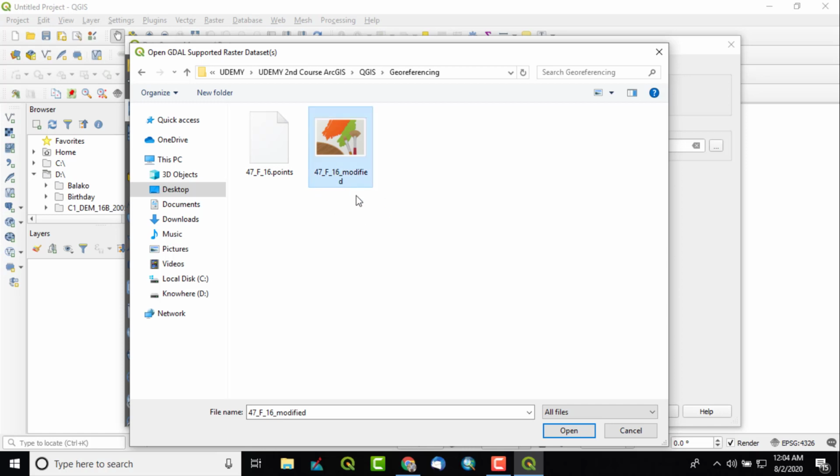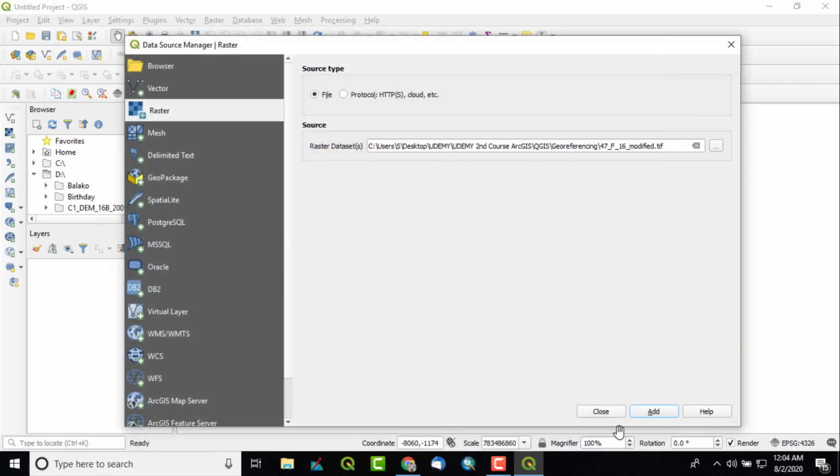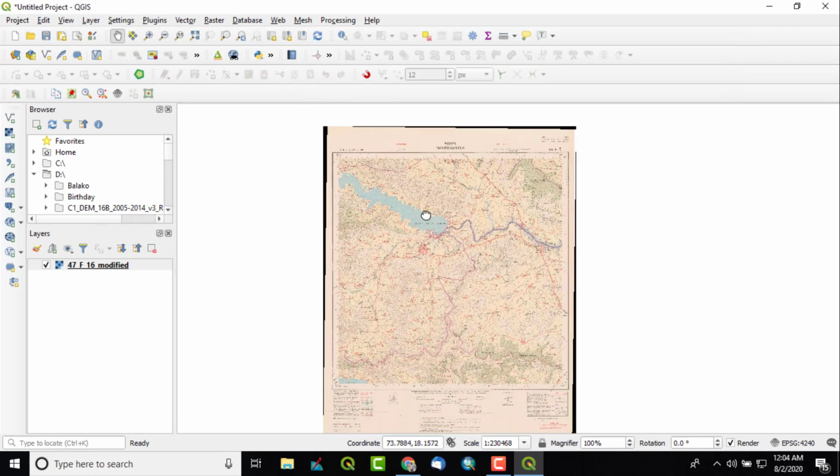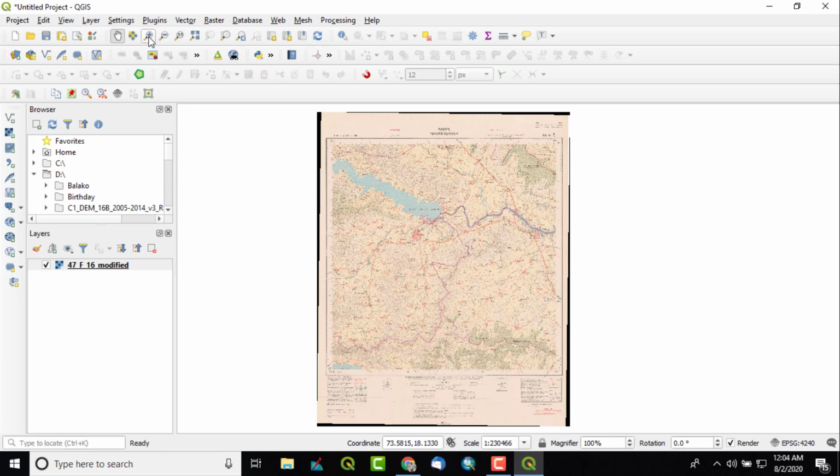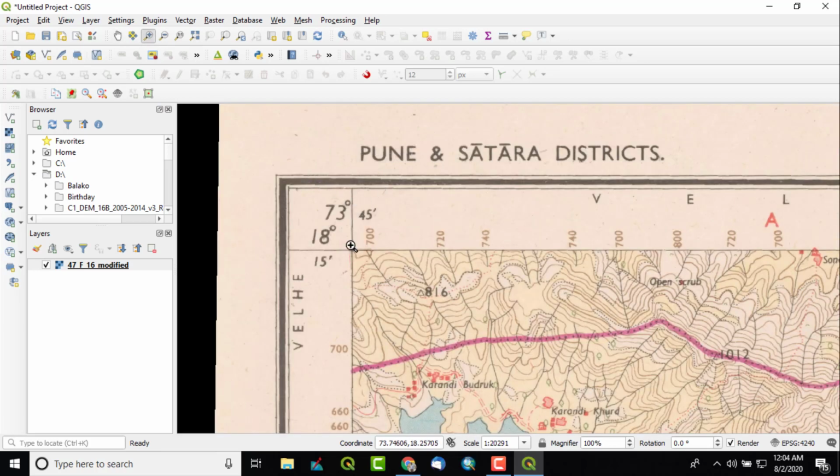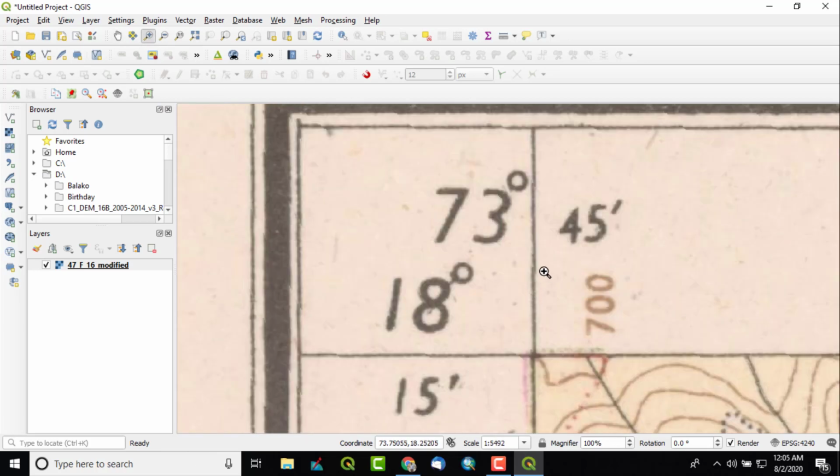These are the points that we have saved, the GCP points, and this is the georeferenced file. Just click on Open, save as, and then you can close this. So you can see our toposheet is very easily georeferenced, and you can cross-check it.